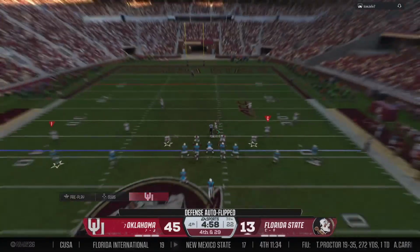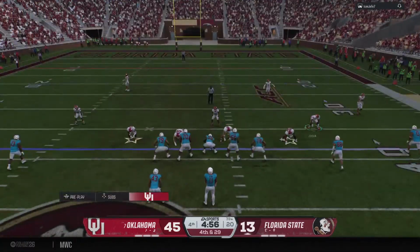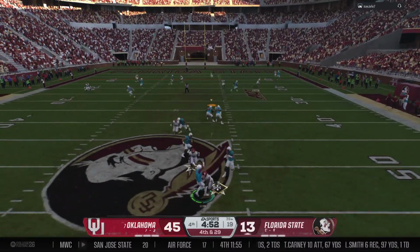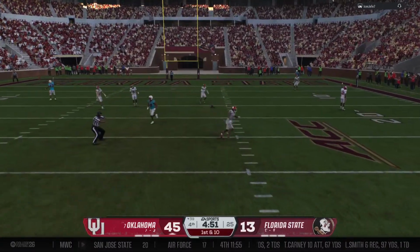Coach has no choice here. The offense has to stay on the field, down multiple possessions this late. 4th down attempt coming. And they can't make the connection on